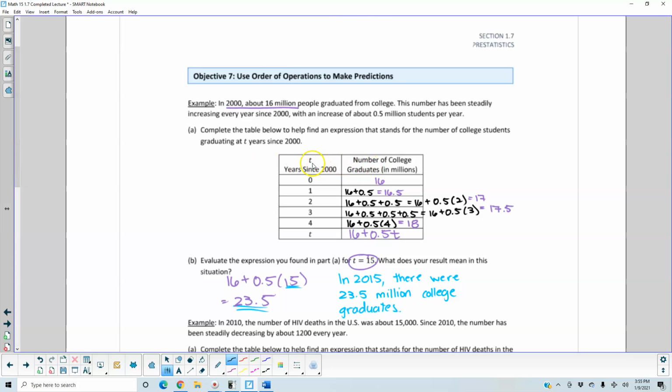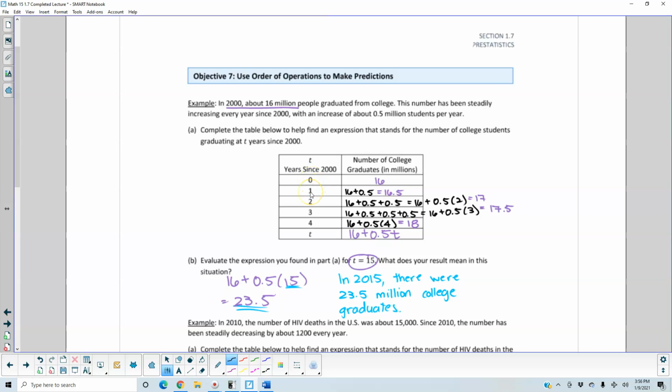So we have our two columns. The first one is T, years since 2000. So this is 0, which would be 2000, 2001, 2002, 2003, 2004, and then the year of T. And then the number of college graduates in millions. So we know that in the year 2000, which is 0 here, there were 16 million people who graduated from college. Now, we know that it increases at 0.5 million students per year, so when it goes from